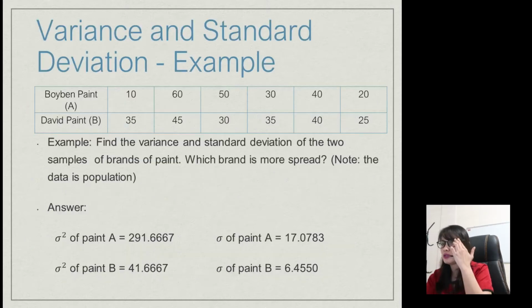So for example, variance and standard deviation. Find the variance and standard deviation of the two samples of brands of paint. Which brand is more spread? In this particular problem, for paint A the variance is 2.91, and the standard deviation is 17.8. For paint B, the variance is 41.67, and then the standard deviation is